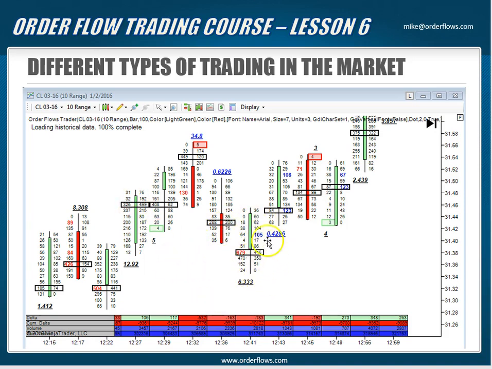This is a crude market. This is a 10 range chart. You see 679, 470 right below it. That's 1,000 lots right at this level. Obviously, there's somebody supporting the market. Earlier you saw 426, 169, 191 right around it. You're talking 800 here, 500, 295. You're talking another 800 here. So obviously, there's somebody that's interested in buying the little breaks.